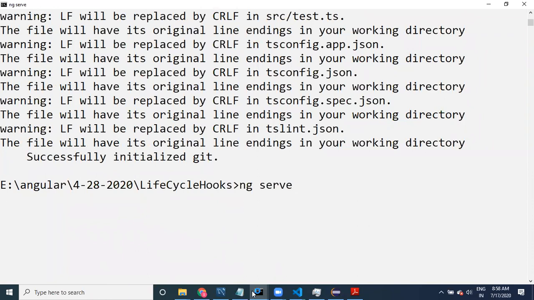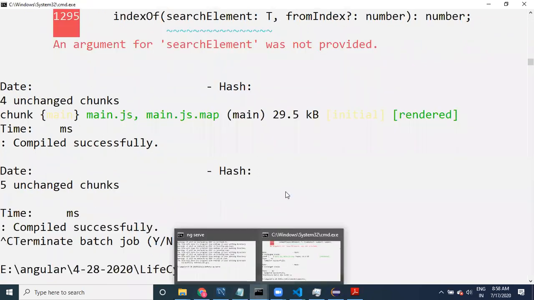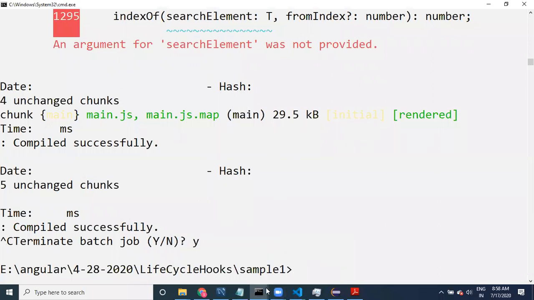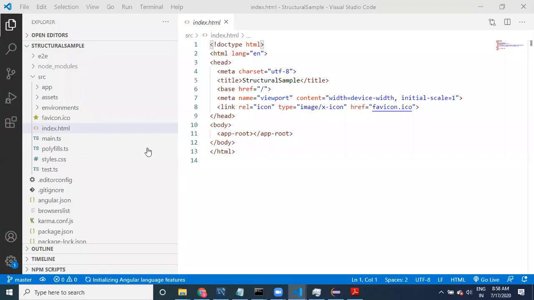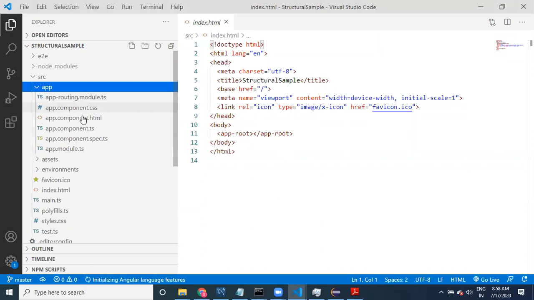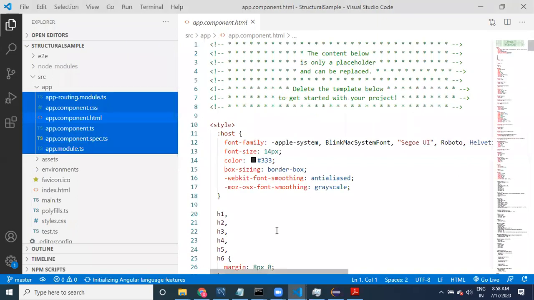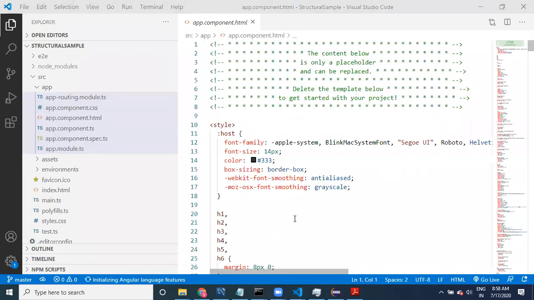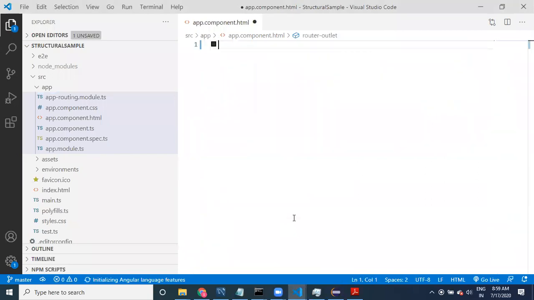Meanwhile, I will go to app.html. I don't want all of this code.